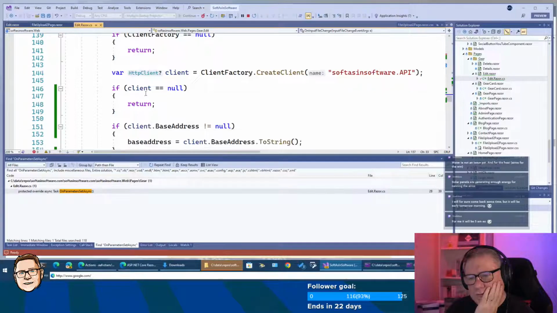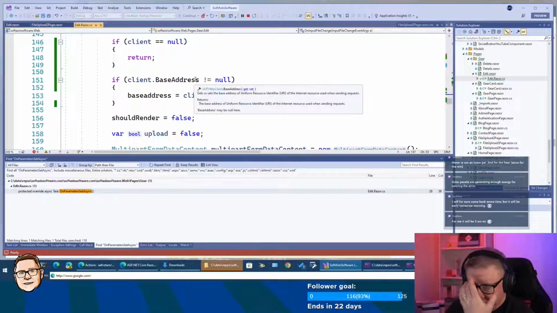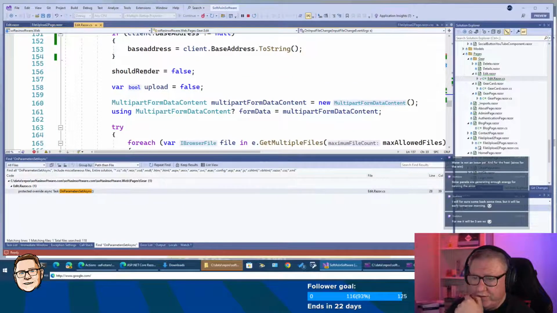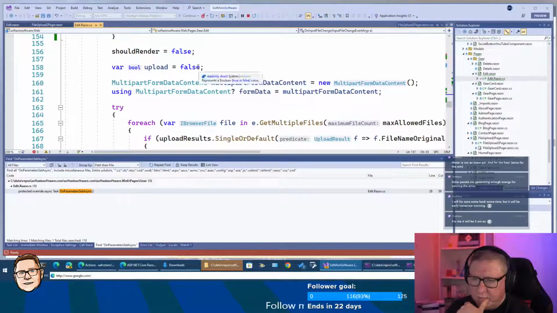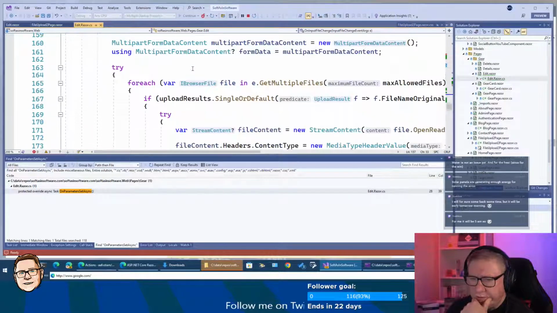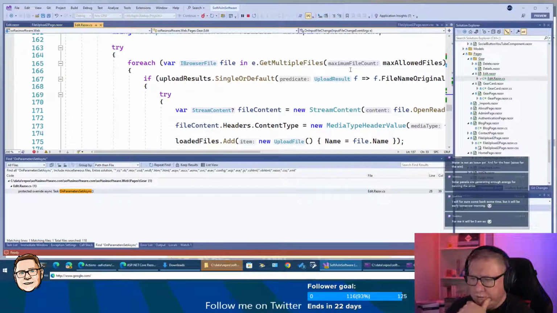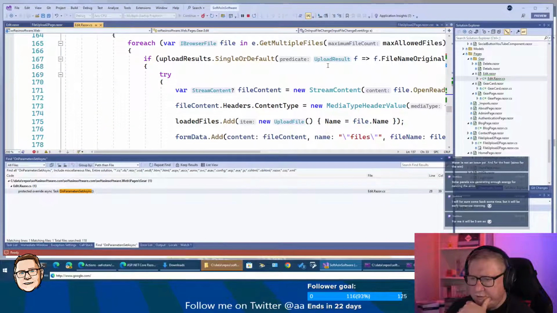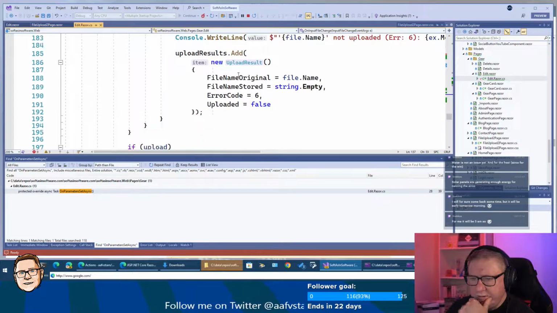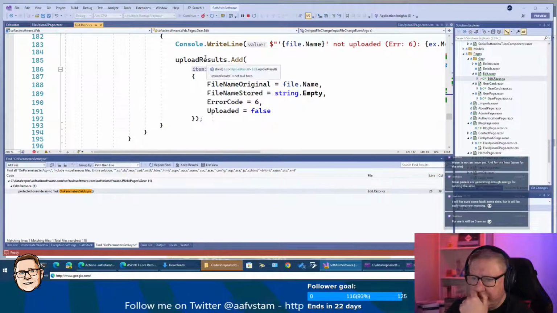Then the client factory client is created again. Base address is extracted again. Should render is false. And upload is false. And we're going to go over all the files, get the first one from the list, add it in the list,